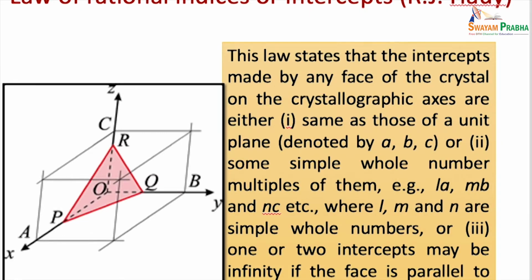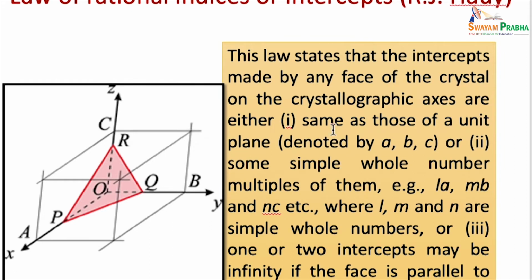Now let's talk about the law of rational indices or intercepts, which is given by R.J. Weiss. This law states that the ratio of intercepts of different faces of a crystal with the three axes are constant and can be expressed by rational numbers, that is, the intercepts of any face of the crystal along the crystallographic axis are either equal to the unit intercepts made by a unit cell, a, b, and c, or simple small whole number multiples of them like l, m, n,